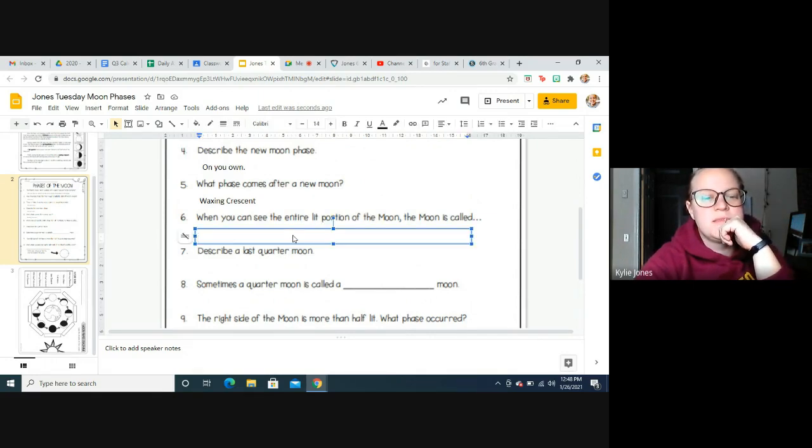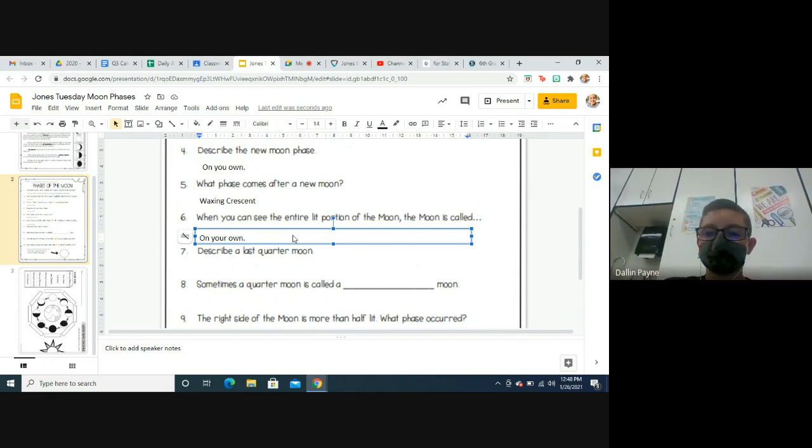Okay. Number 6, I want you to do on your own too. When you see the entire lit portion of the moon, it's called what? What phase is it in? What phase is it in if you can see the whole moon? So, don't do the shade in part? No, it's okay. You don't need to shade it. So I can start on the other slide?